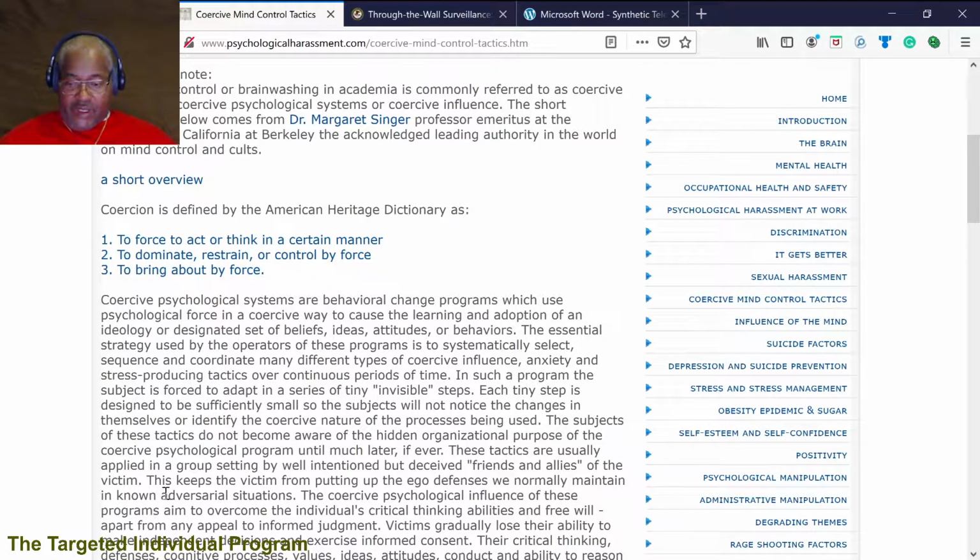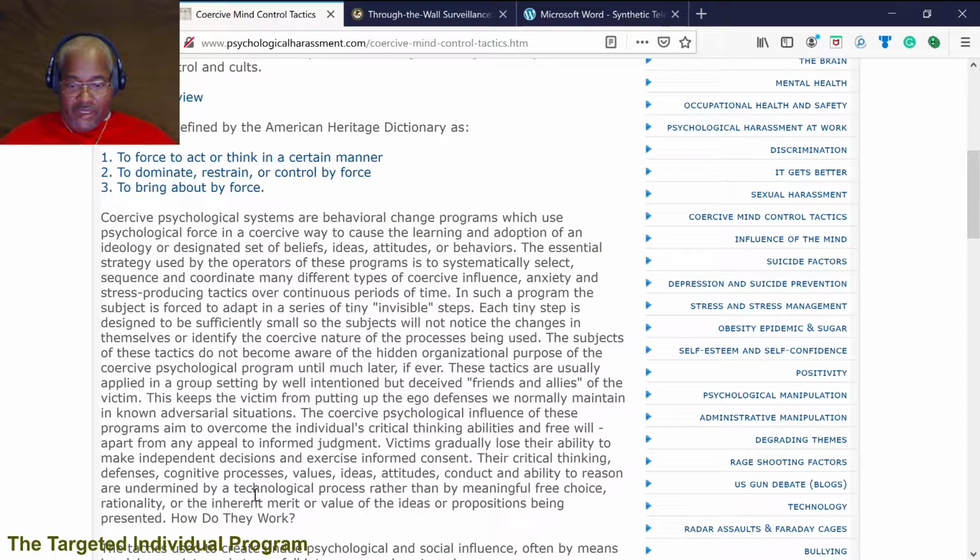These tactics are usually applied in a group setting by well-intended but deceived friends and allies of the victim. This keeps the victim from putting up the ego defense we normally maintain in known adversarial situations. The coercive psychological influence of these programs aims to overcome the individual's critical thinking abilities and free will. Apart from any appeal to informed judgment, victims gradually lose their ability to make independent decisions